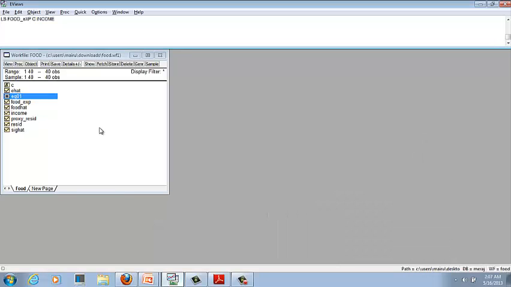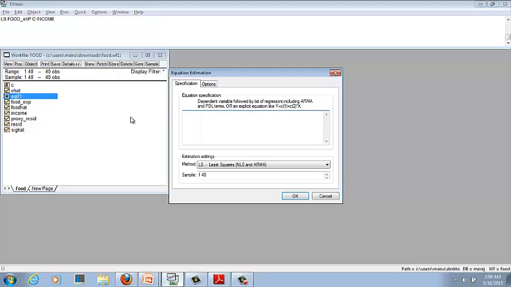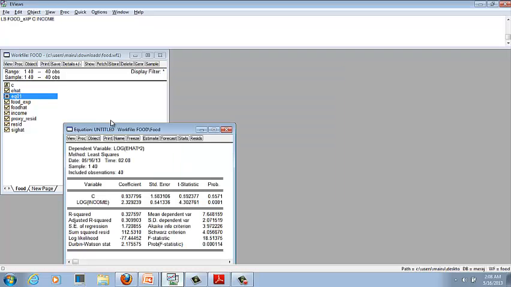So in order to estimate the variance, we first use the log transformation of our regression model. So let's start through quick estimate equation, and here we give our log of e head square, the intercept, then log of income.